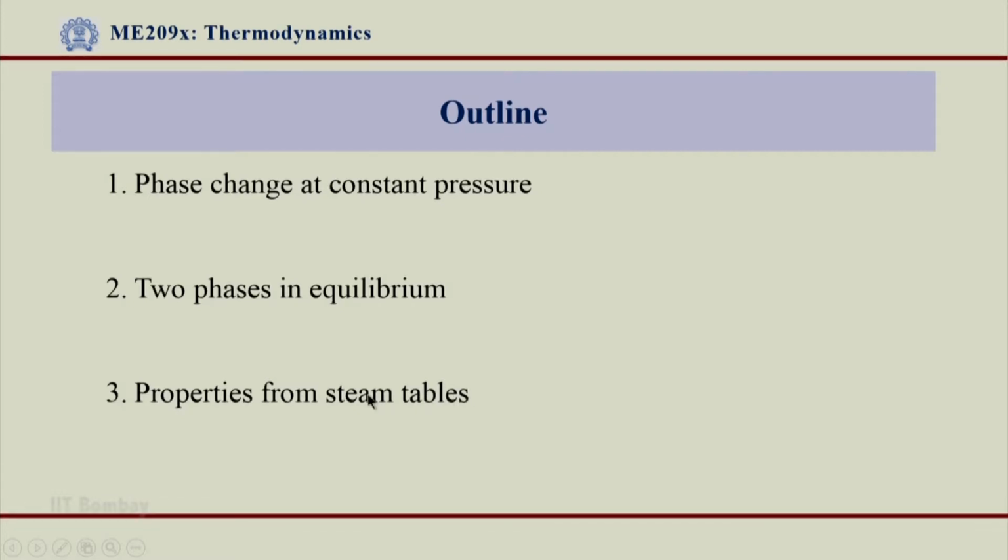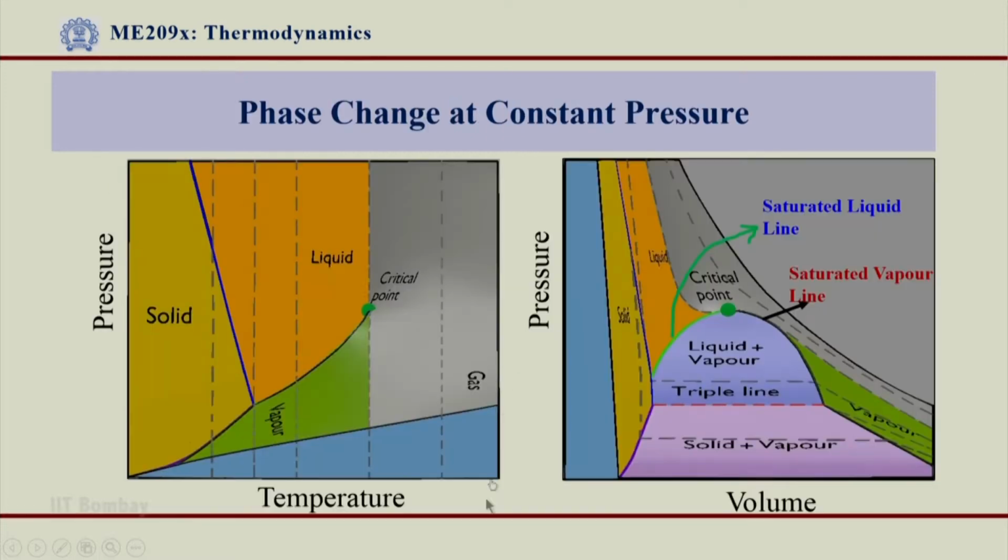What we had seen till now are only the first two columns from the steam table, but now let us have a look at different properties that one can gather from the steam table. So let us go back to our two dimensional phase diagram, pressure temperature diagram and pressure volume diagram, and on this let us show a constant pressure process. Pressure being on the y axis, any constant pressure process would look like a horizontal line in this diagram. So phase change at constant pressure